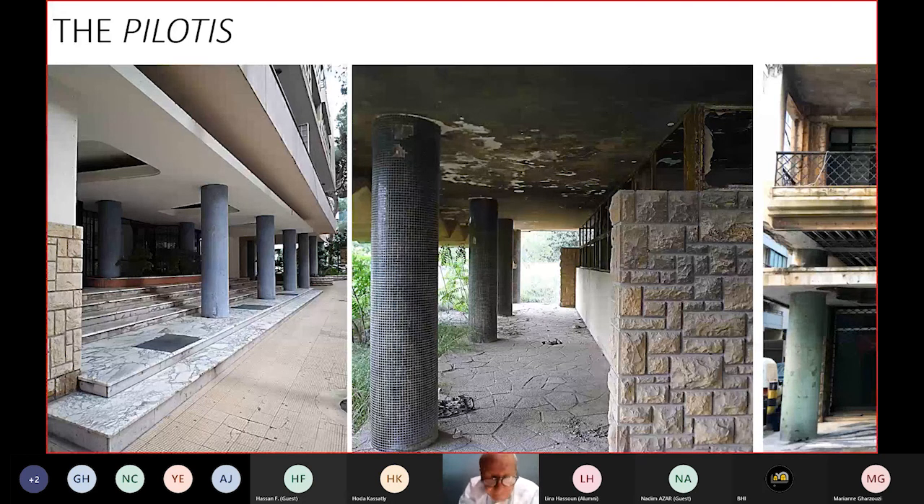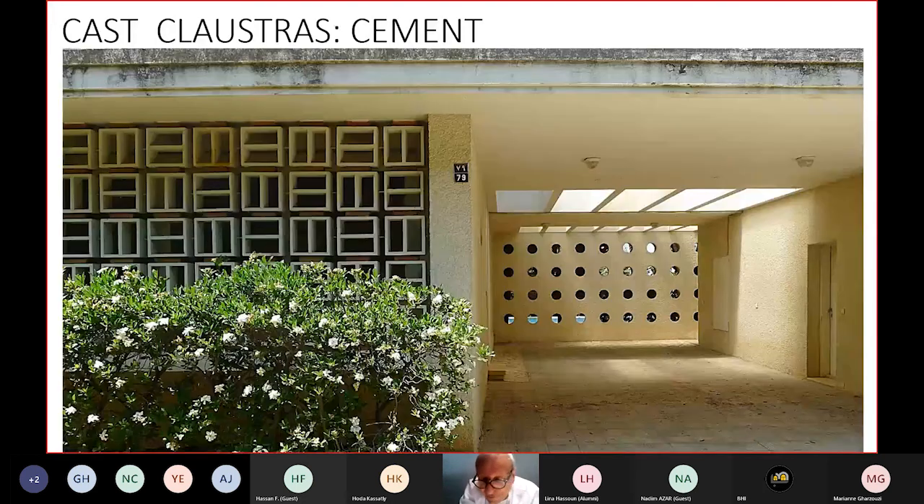Another major element of the architecture of the 1950s and 1960s, modernist architecture, is the claustra. The claustra, which is practically a grill, sort of musharabiye, made out of concrete and cement to protect the view to the inside and to be used as a sunshade. But most of the time, the claustra, which is a precast cement element, was applied on the service areas of the building